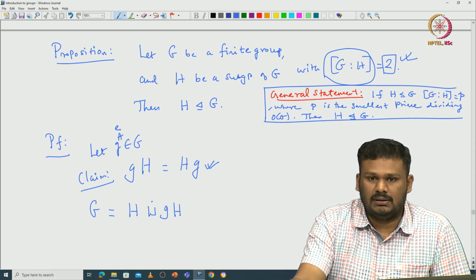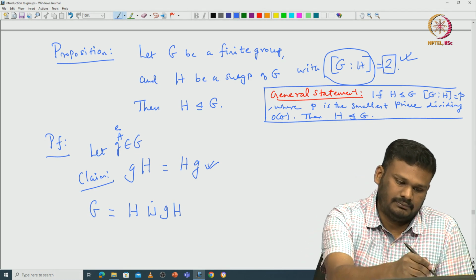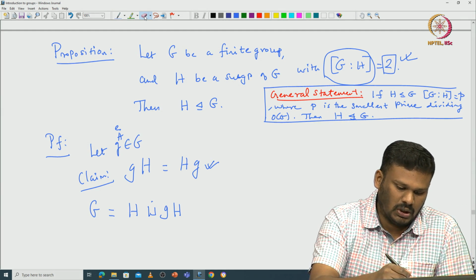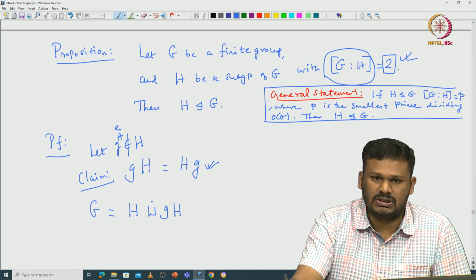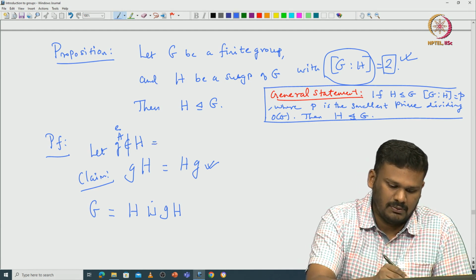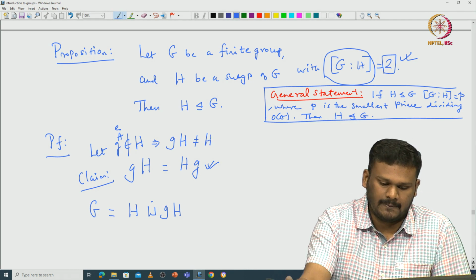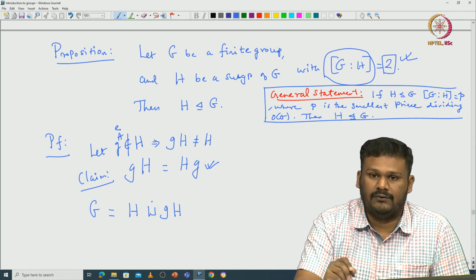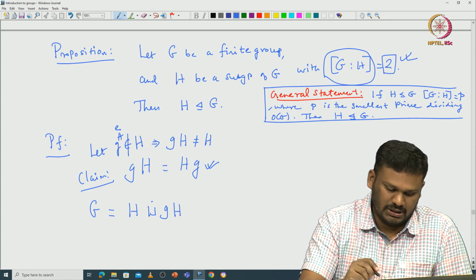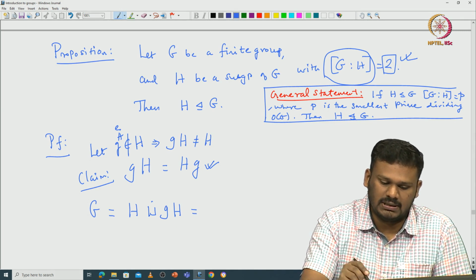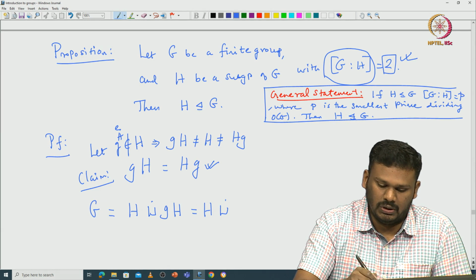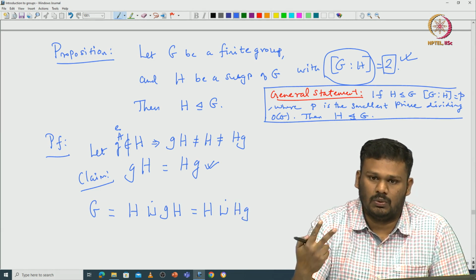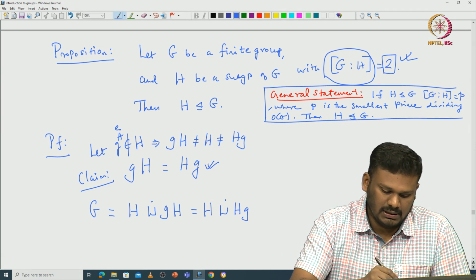So one should start with a non-identity element which is not in H. If you take some element g which is not in H, then gH is not equal to H. So in particular H and gH form the disjoint left cosets of H in G. Similarly, since g is not in H, H is not equal to Hg, so again you get the disjoint union of right cosets, H disjoint union Hg, because there are only 2 right cosets and 2 left cosets, and these are the two of them.